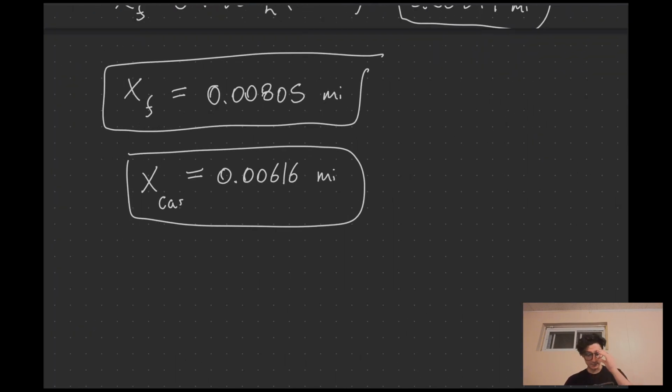So obviously the bike is further, it has a lead. If we take the position of the bike minus the position of the car, 0.00805 minus 0.00616, this is